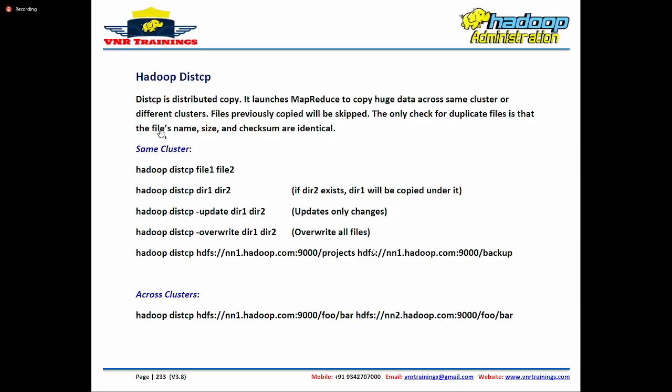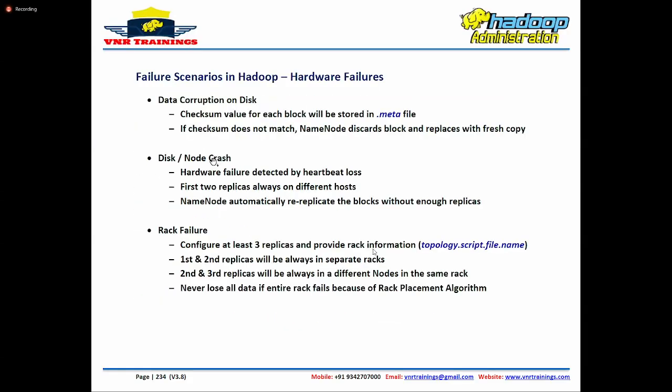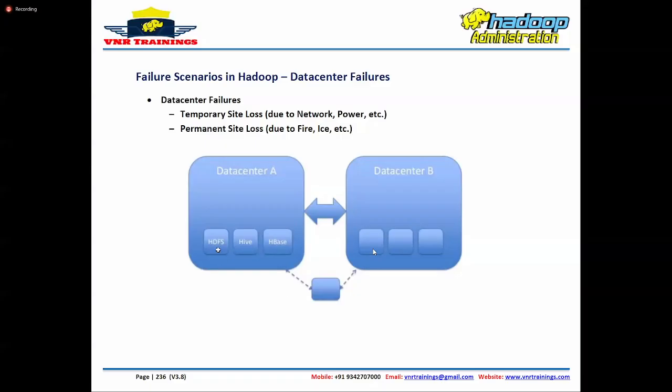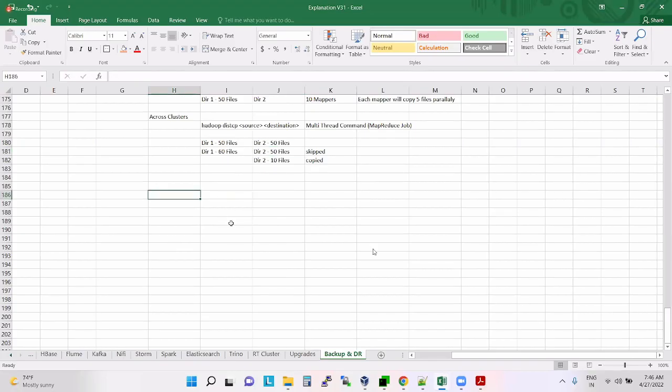Now you understood, right? What is the command we use to copy data from one cluster to another cluster? Distcp. Distcp is the command. Now I will talk about the Hortonworks scenario. In case of Hortonworks, you will have to manually